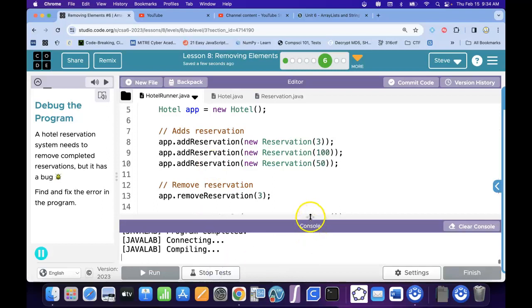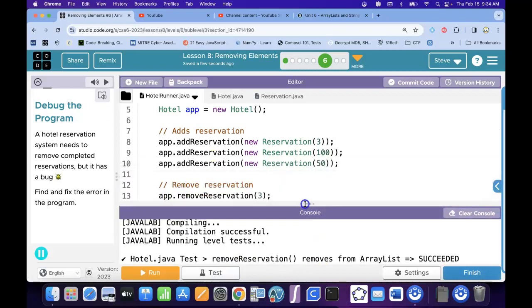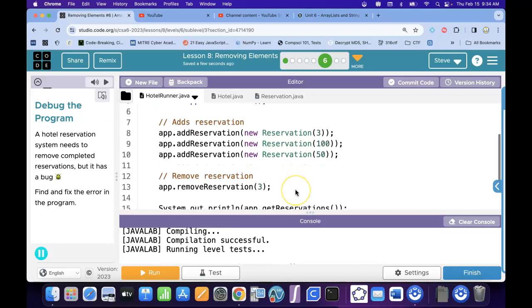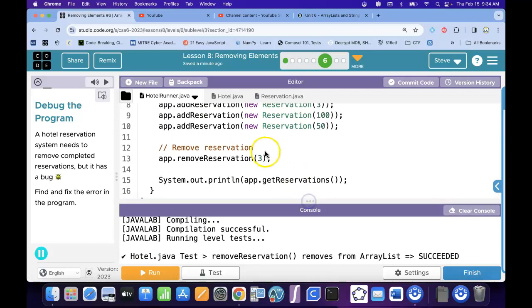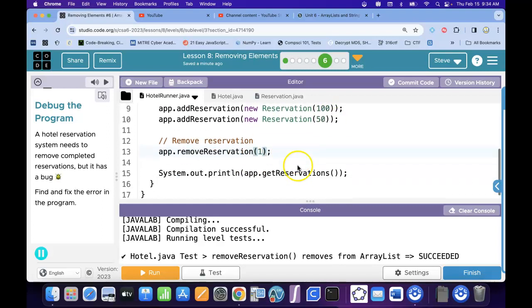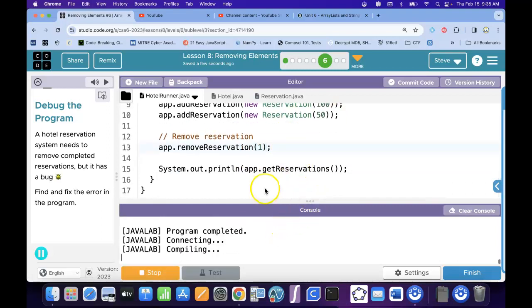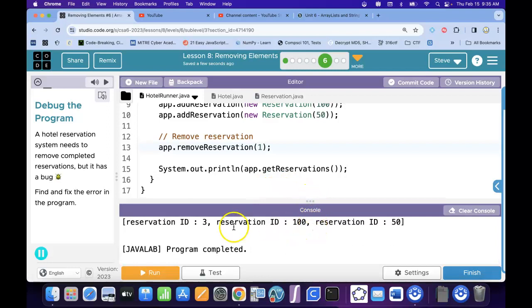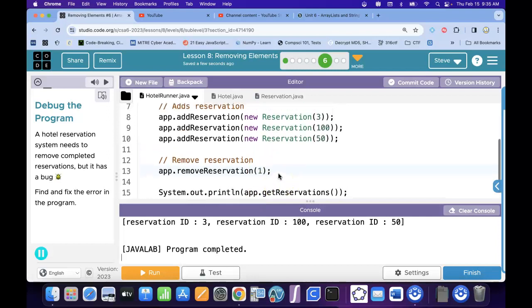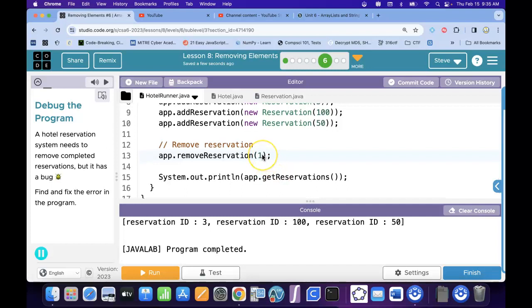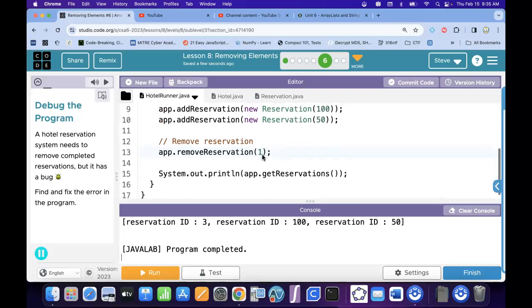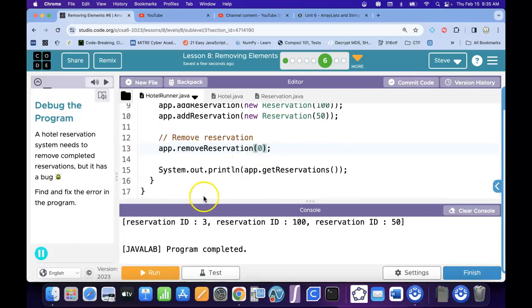So that should work. Let's run the test, see if the test turns out okay. Yeah. So we removed 3. What if we removed 1? That would remove the 3 from our list. Oh no, there is. It didn't do what I thought it was going to do. I thought it would reserve, if I want to remove 0,